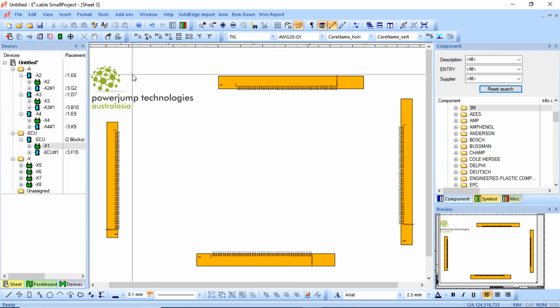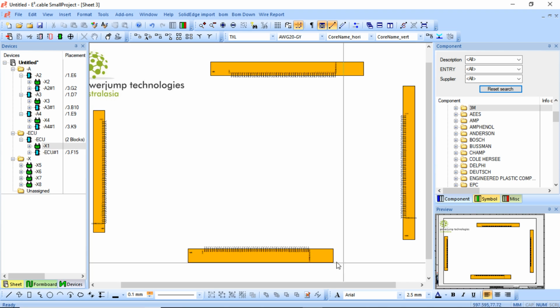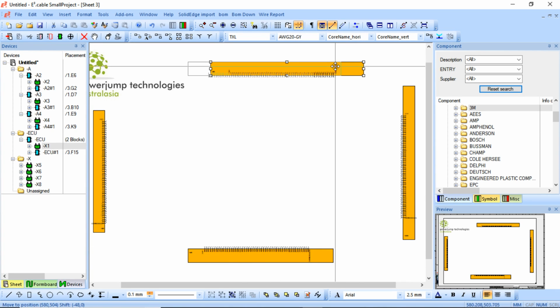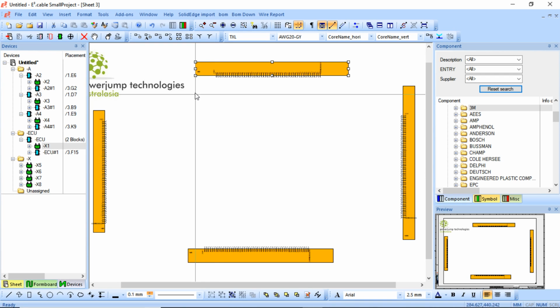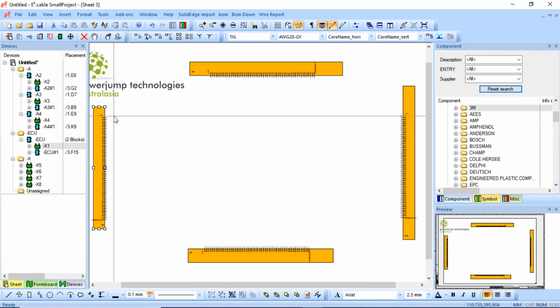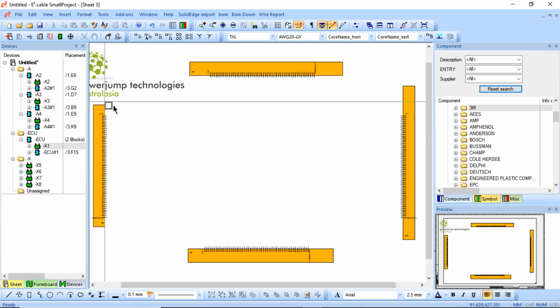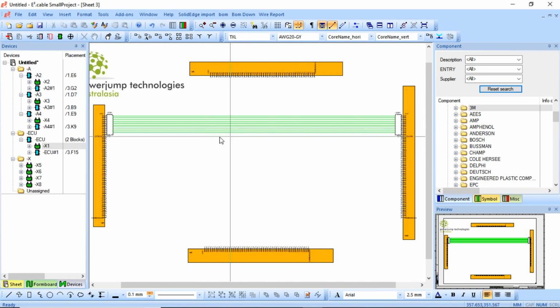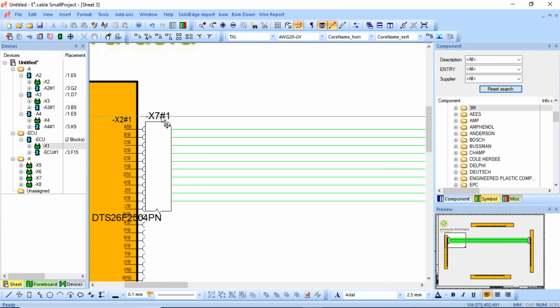So when I've done so, I can connect in a few different ways. I can connect one by one, but that's going to be a bit tedious. It really depends on how the logic is going to be in there. But I'm just going to use a few tools just to show you how it can be quite easy. First thing I'll do is align these so they're a little bit better. Okay. So with that, there's a few automatic aligning tools. So I can auto connect horizontally, like so. I connect these ones horizontally. You'll see there it already calls up the X7 view 1, so it understands that that's the connector that's there,